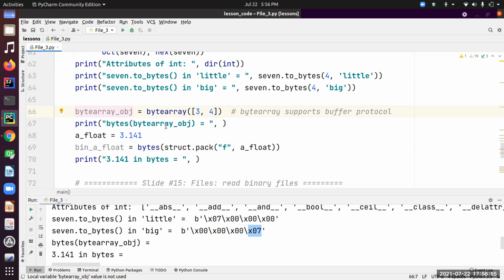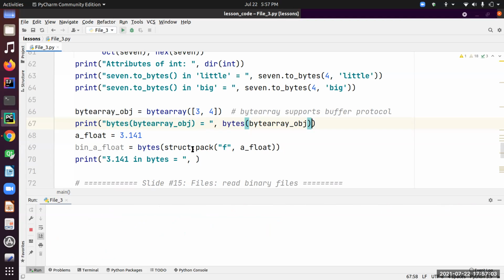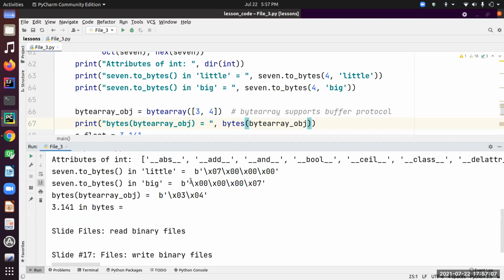Okay, so let's write this one and run it again. So we got this, the bytes object. All right, so the last method is